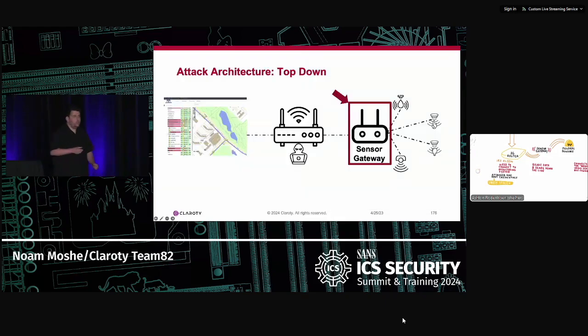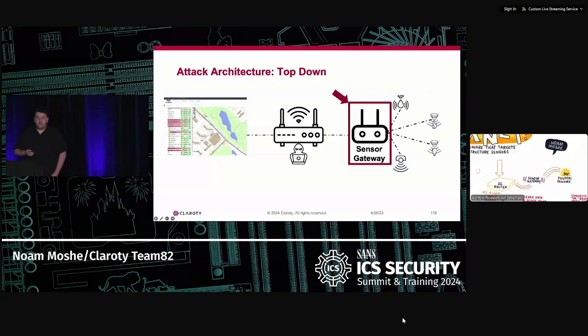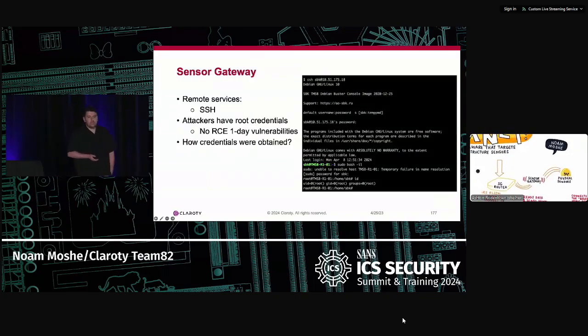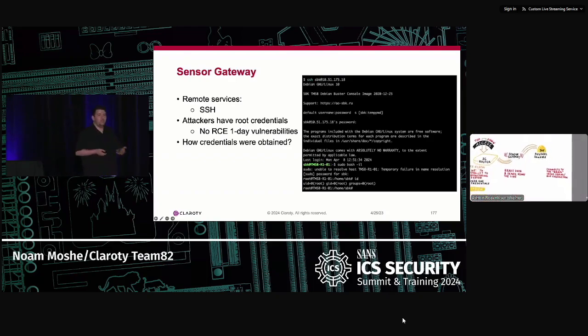That's when the more interesting part occurred, and they chose to attack the sensors gateway. Now, once again, from looking at the firmware, analyzing it, and seeing what kind of services it exposes, we learned that it has basically two main ports. The applicative port that is used by the program to actually program this sensor, meaning connect to it and fully control what it does and what devices it has, or SSH. And once again, we see that the attackers used SSH with the root account to connect to this device. No RCE, no one-days or zero-days.